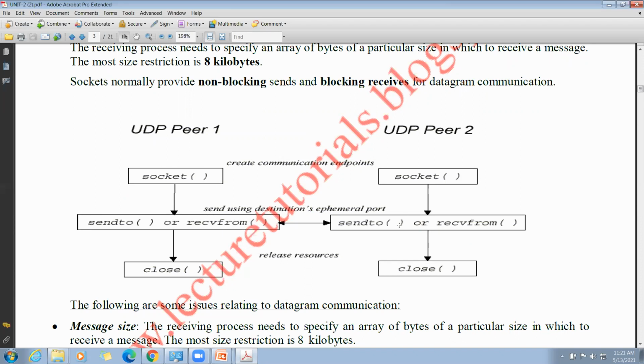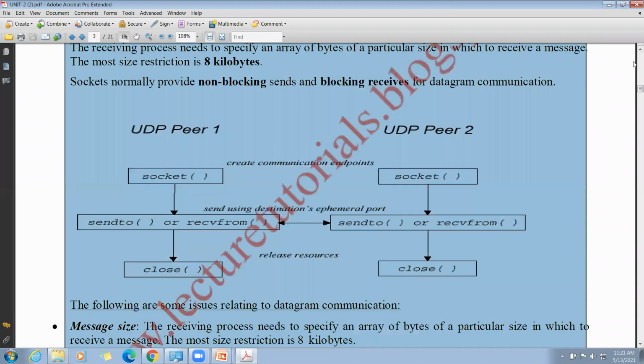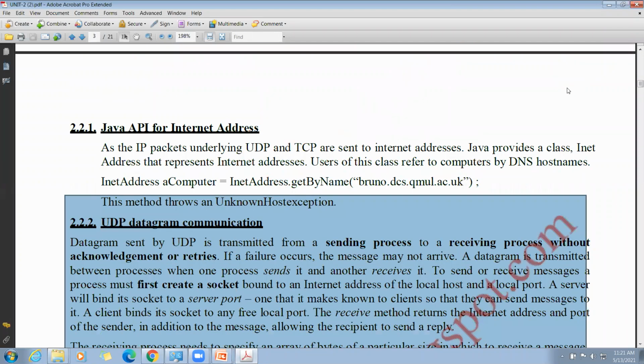Here also, in the UDP system, we have send to or receive from; either it may receive or it may send. Once sending and receiving messages are completed, then close, which means releasing the resources. This is UDP communication.